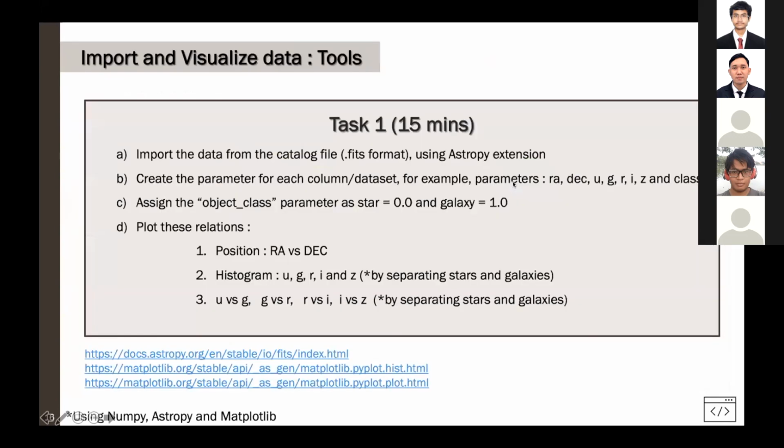Okay, this leads us to job one. I want everyone to do this. For the first job, I give you 15 minutes. You can use a Python notebook or Google Colab. Job one is that you need to import and visualize the data from the FITS file format. First, job A is to import the data from the catalog file. I suggest using the AstroPy extension, and B,